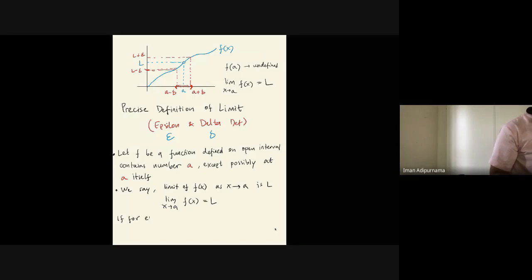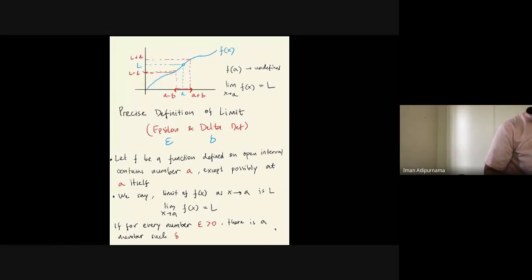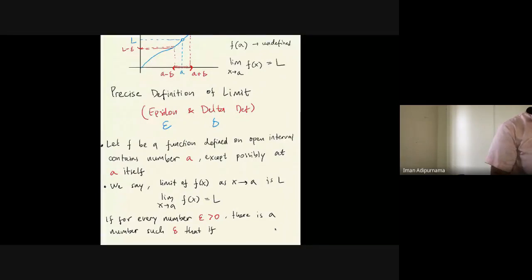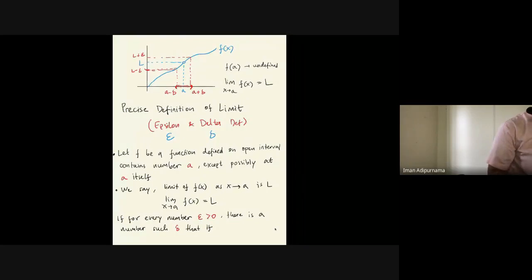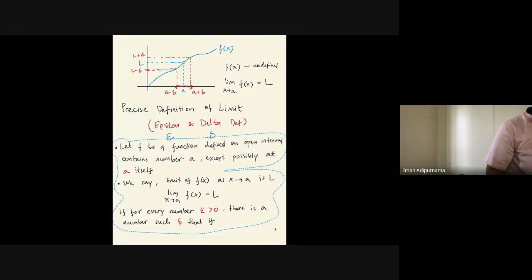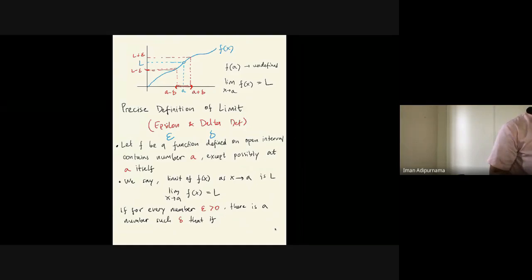If for every number epsilon greater than 0, so epsilon and delta is just a distance, it needs to be positive, then there is a number delta such that if we have a distance from x to a,